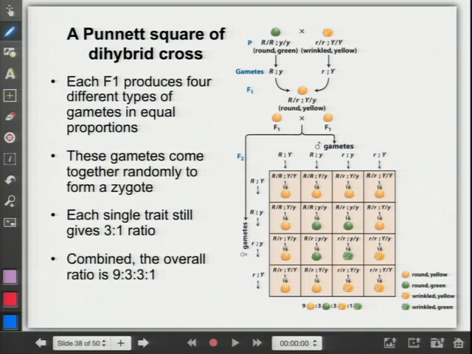Okay? And then filled in for you, because that's going to take me way too long. It'll take me all class to fill that out. But again, it's over and down, right? One big R from this guy, one big R here, means that guy's big R, big Y, big Y. So this guy is homozygous dominant for both traits, right? He looks round and yellow. And you can follow all of these down